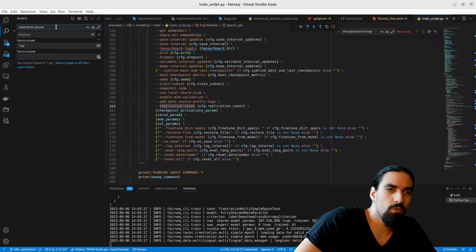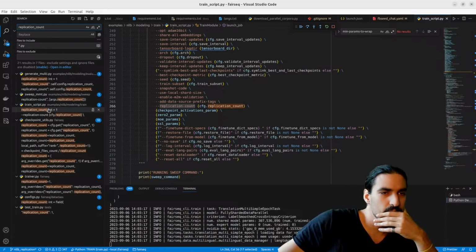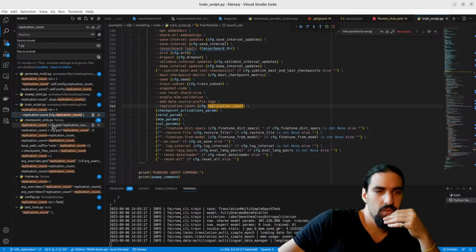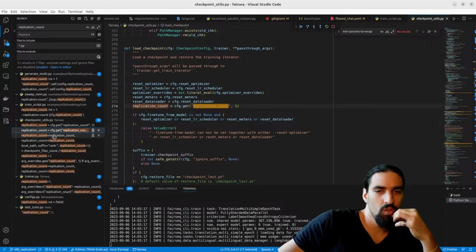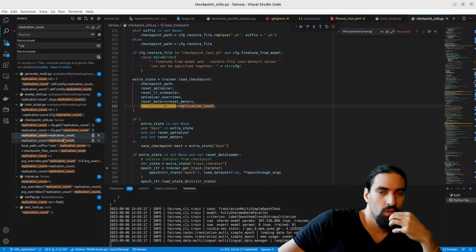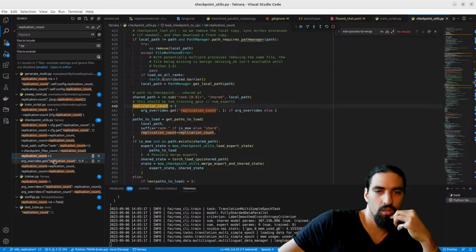Let's just replace dash with the underscore. Train script, checkpoint, replication count. Load the checkpoint with the replication count. Let's put breakpoints there. Replication count.